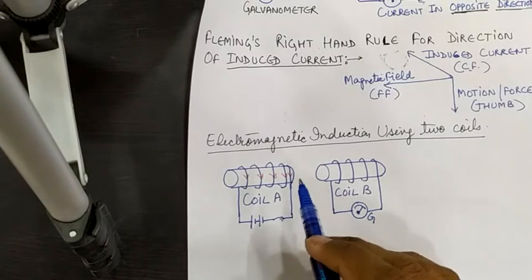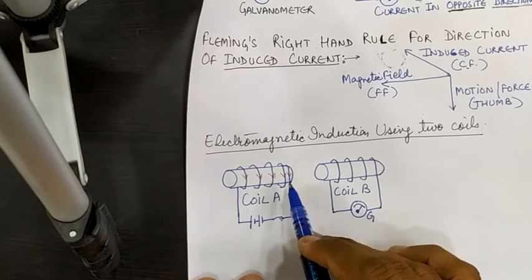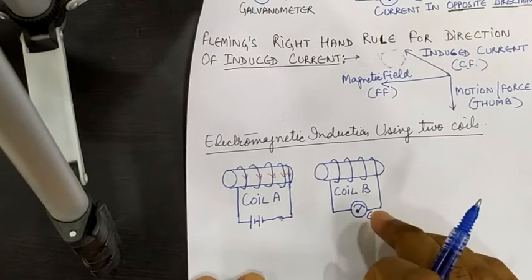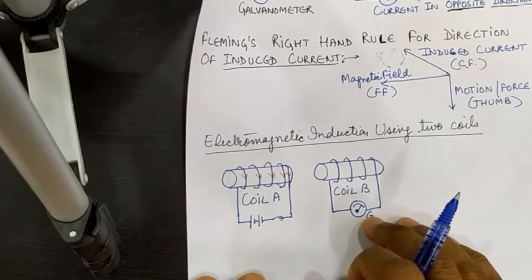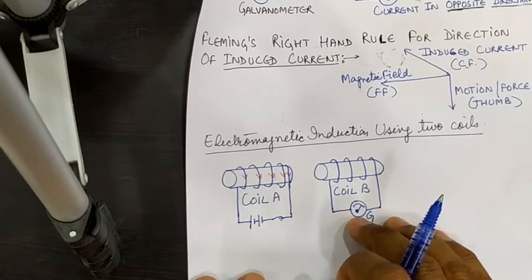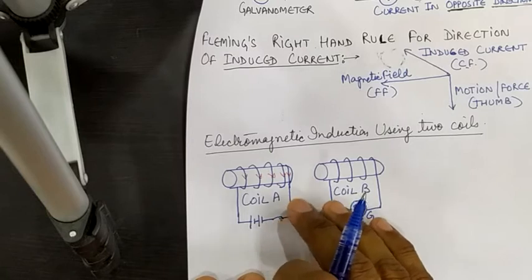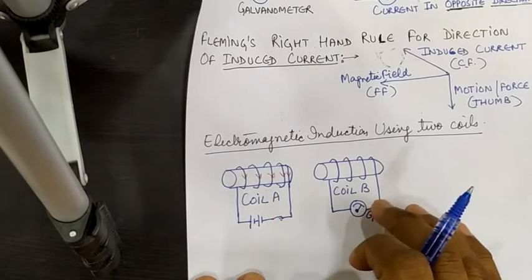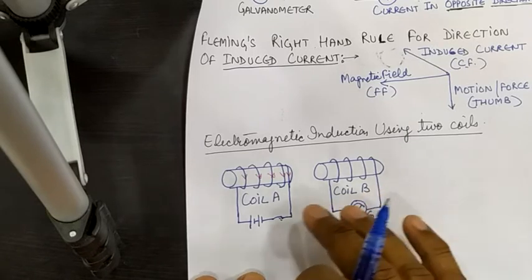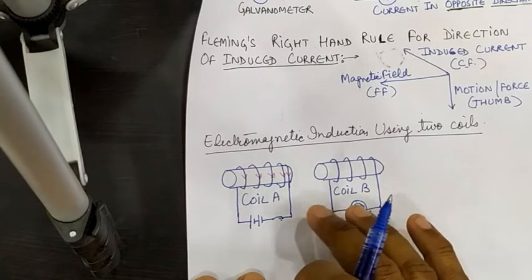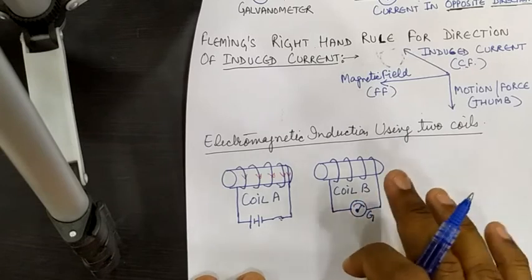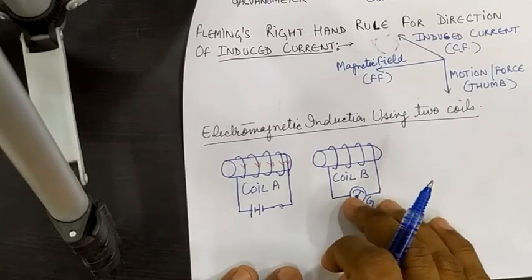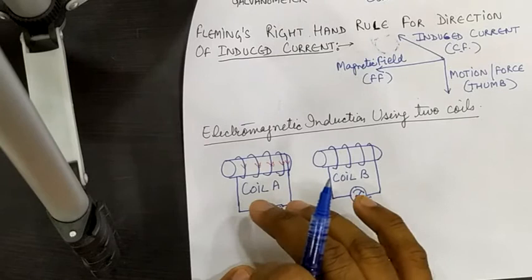As soon as we pass the current in coil A, the pointer of the galvanometer attached to coil B shows deflection, but quickly it returns to its zero position. This means that on switching on the current in coil A, an electric current is induced in coil B momentarily. If the current is now kept on in coil A, nothing will happen in the galvanometer of coil B. Let us now switch off the current in coil A.